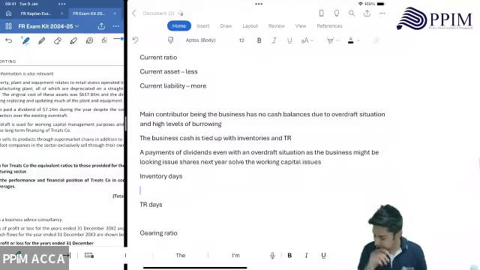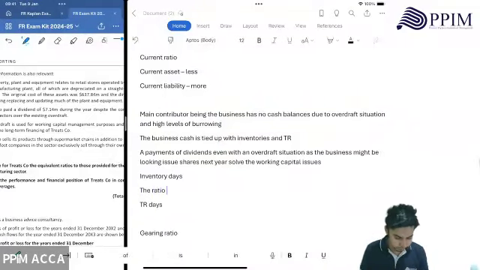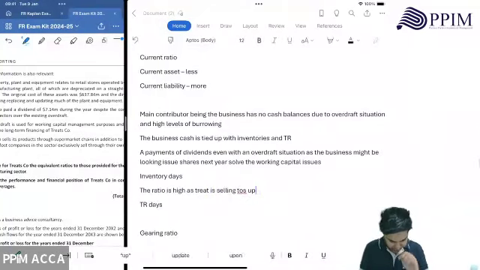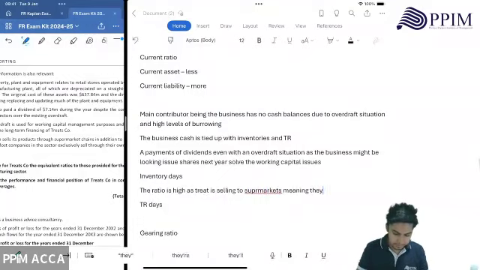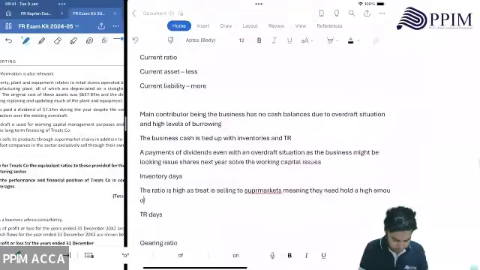So guys, you can write down over the inventory days: the ratio is high as Treat Corporation is selling to supermarkets, meaning they need to hold a high amount of inventories to satisfy